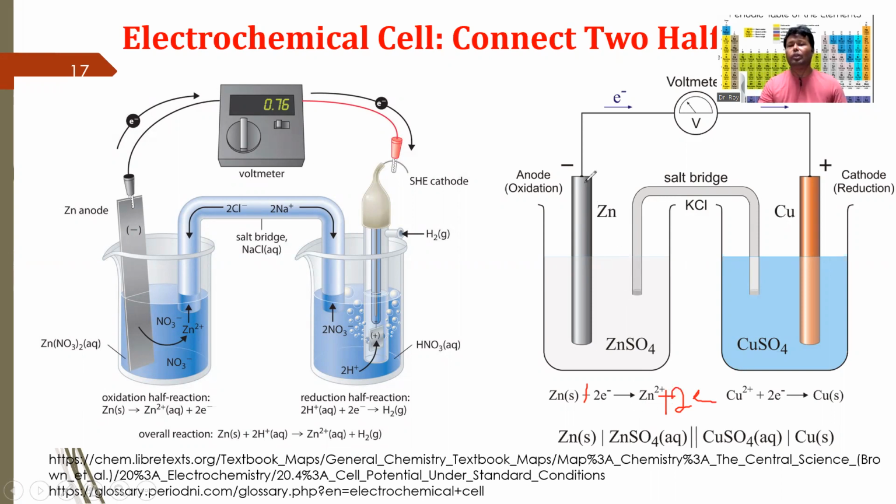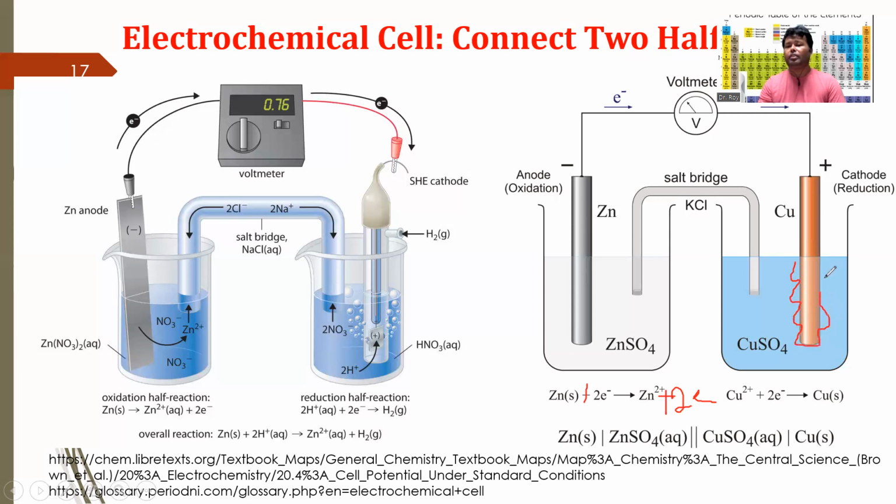and then it forms zinc 2+. So this zinc rod is decomposing to form zinc 2+ ion, and these 2 electrons are accepted by this copper 2+. This copper sulfate is in aqueous solution, so it is present as copper 2+. Then as the electrons are transferred through this copper metal, this copper 2+ is accepting these 2 electrons,